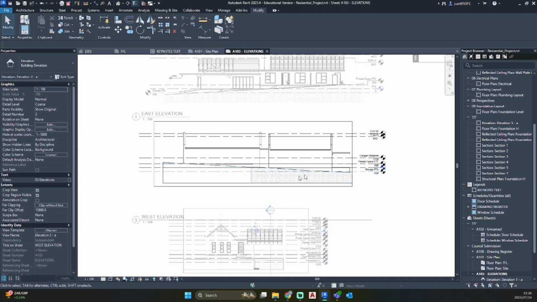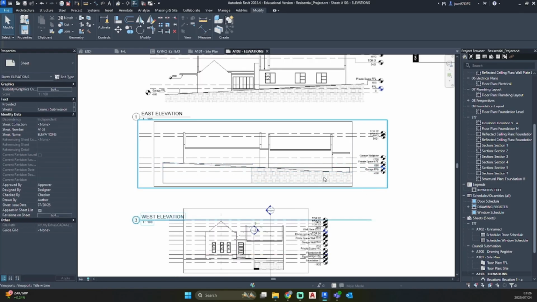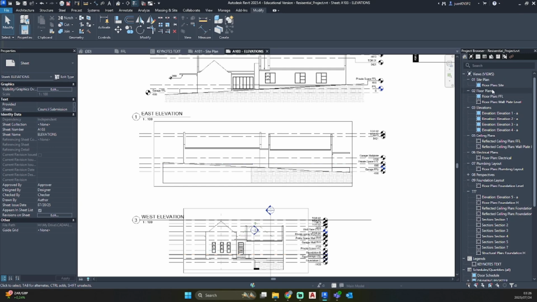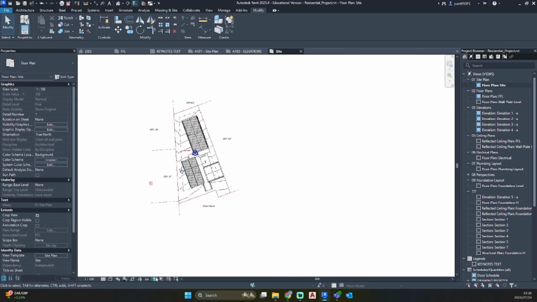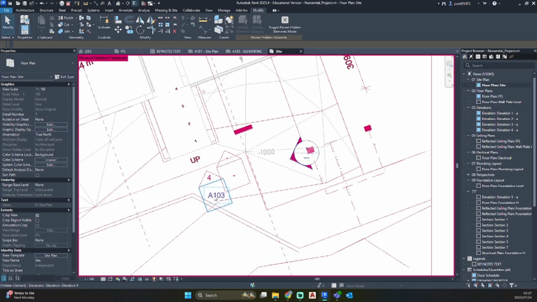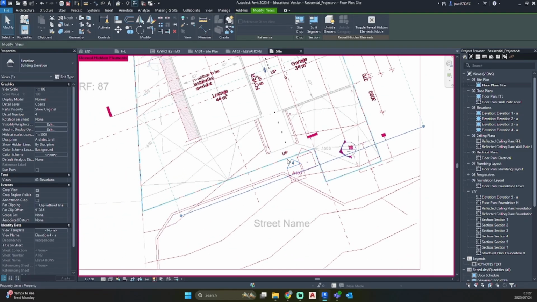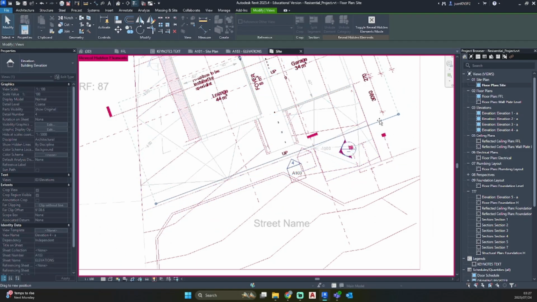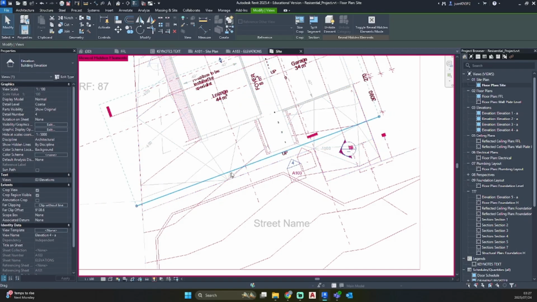So now I want to change this side section to a better look. So I'm going to go to my site plan. Just click on your reveal hidden elements. And now you can see Revit has told us that this elevation is on sheet A103 and it's elevation number 4. Because if you click on the number 4, you'll see a line pop up. That is your elevation view and cut line. So I'm going to move this up onto my property so that it cuts through the entire site.